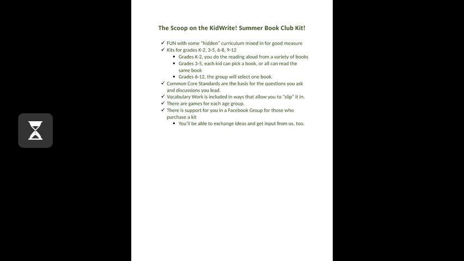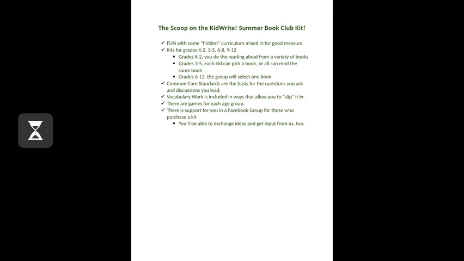In grades K through 2, the littlest guys, you will be reading to them from a variety of short books. We've recommended books that are readily available in your library. You'll be able to read them to them. The kids can then do the conversations, the other things that we show, and you'll also be able to compare between the books, which is a key component of the standards for the younger kids.